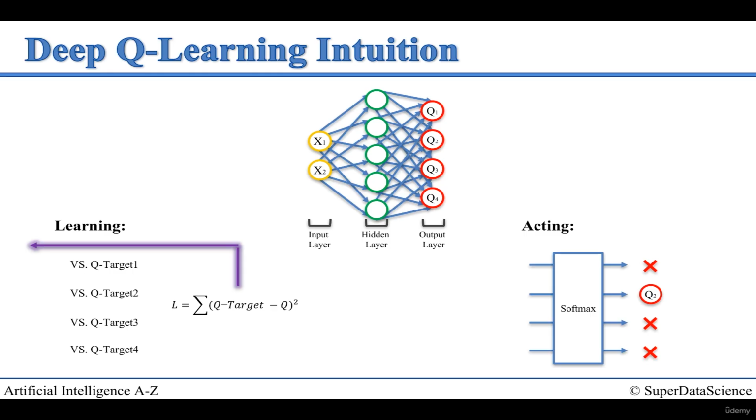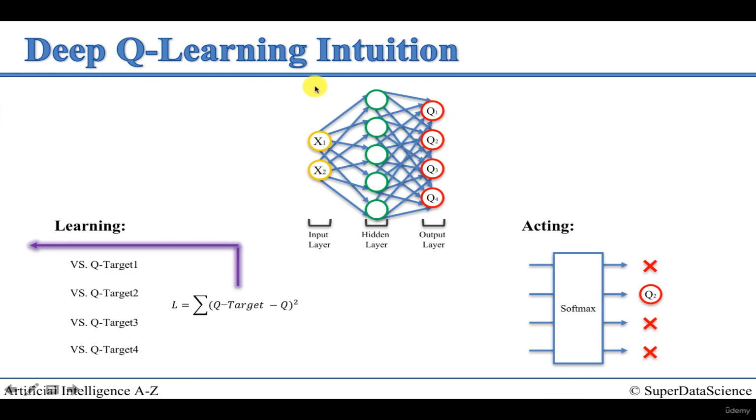So that happens, and this process happens for every single time the agent is in a new state. So the state is encoded here. That's important. So not just for every single game that he plays, but for every single state. So he's in a state, it goes through this process, updates, and so on, and happens every single time. And so the learning happens, and then the acting happens as well. So that is deep Q learning, or the intuition behind deep Q learning.